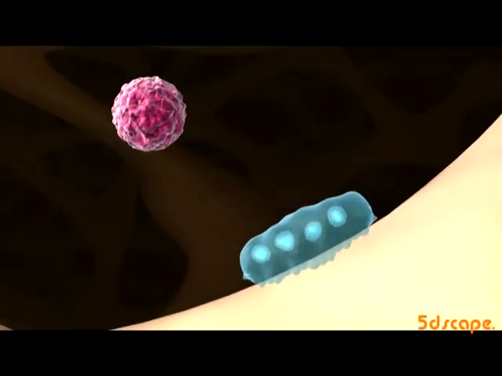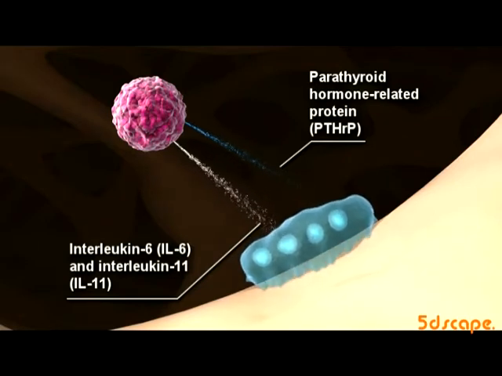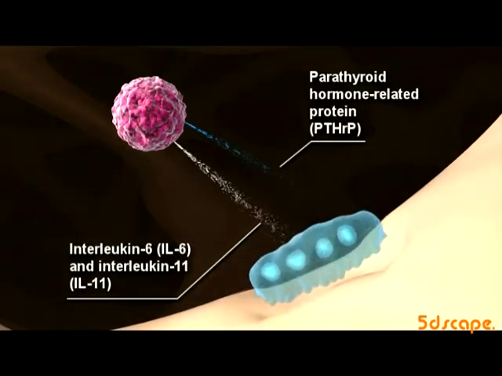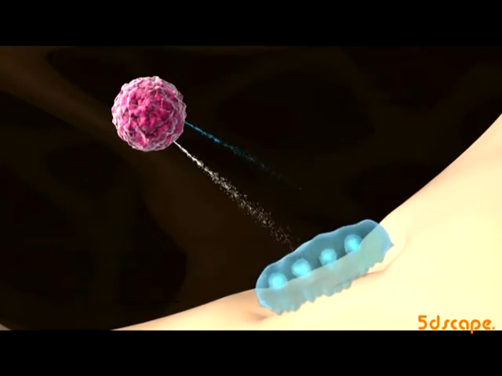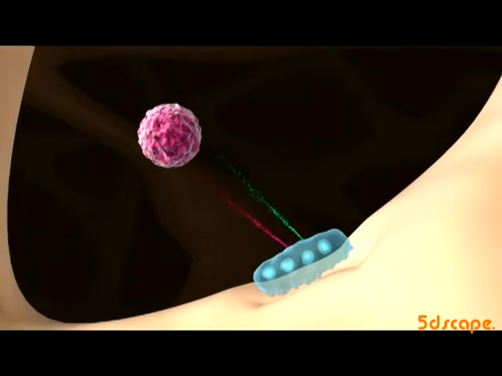Tumor cells inhabiting the bone microenvironment release a number of factors such as parathyroid hormone-related protein, or PTHrP, and cytokines including interleukin 6 and interleukin 11. These factors promote osteoclast production, thus leading to an excessive breakdown of bone at the tumor site. The osteoclast surplus leads to a release of growth factors from the bone as it is degraded. These factors include transforming growth factor beta, or TGF-beta, and insulin-like growth factor 1, or IGF-1, which stimulate tumor cell